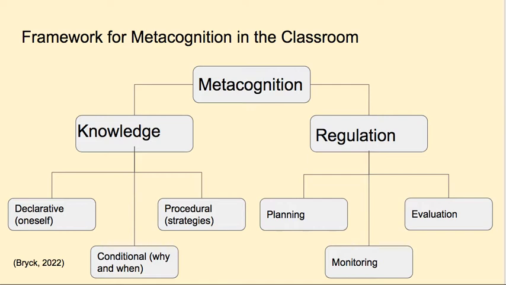When we talk about planning, we want to think about selecting which strategies we will use. Also, we want to take into consideration resources, such as time. So if students have an essay to write, they need to make sure that they plan the appropriate amount of time to gather their ideas, write their drafts, and be able to type it and turn it in. For monitoring, we want to monitor our comprehension. This can be our oral comprehension, our reading comprehension, but making sure that we understand what is happening around us.